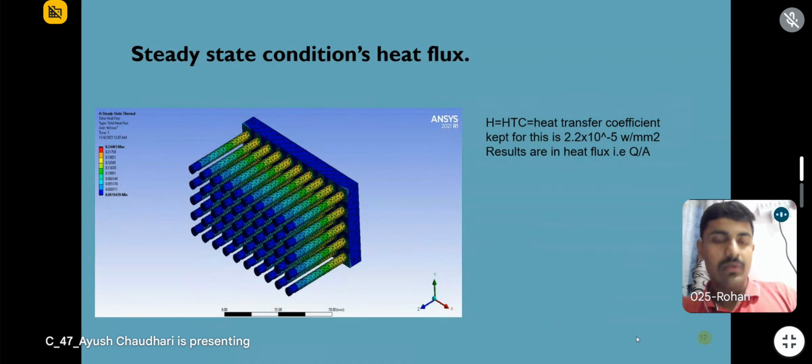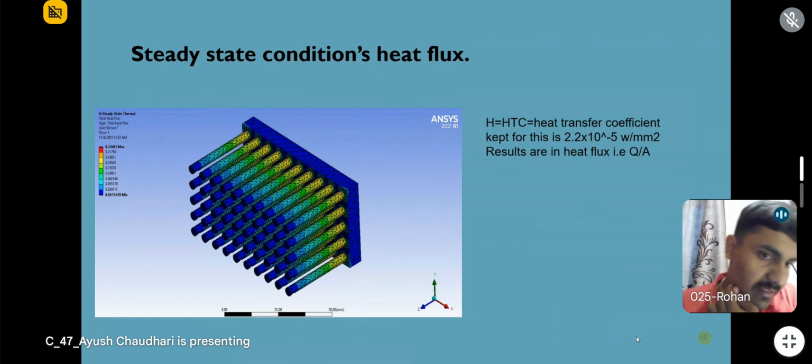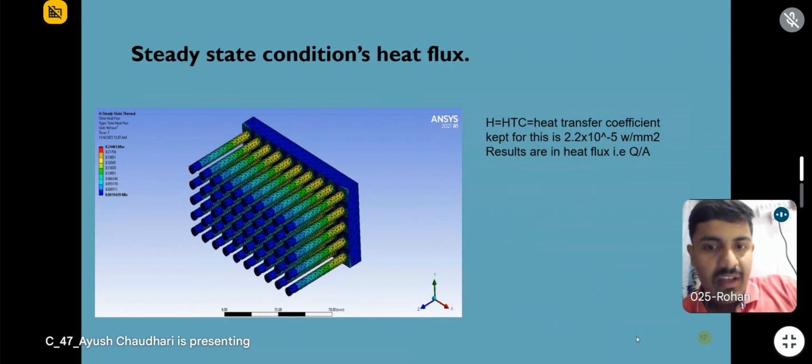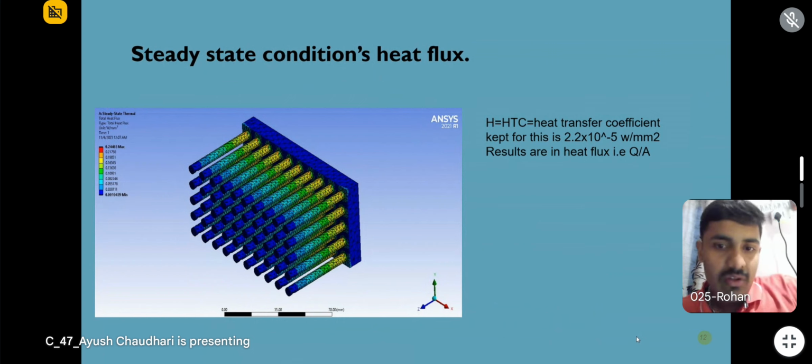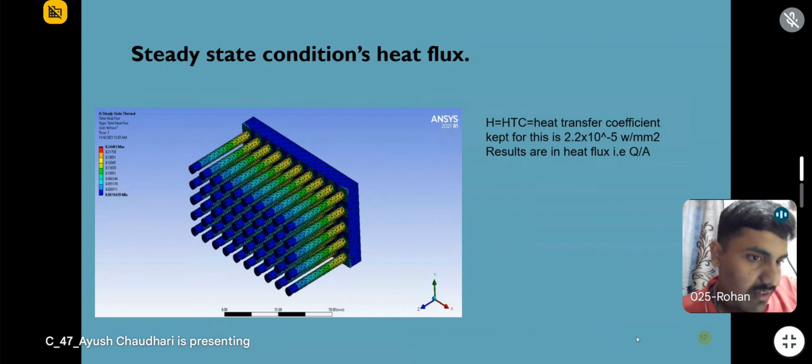So heat flux, which is described in this slide. So here the heat transfer coefficient is kept for this use at 2.2 into 10 raised to minus 5 watt per mm square. Those are the blue lines which are describing the minimum heat flux available at the tip of the fin, and